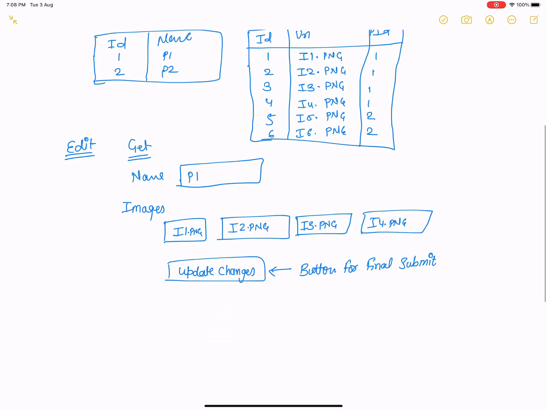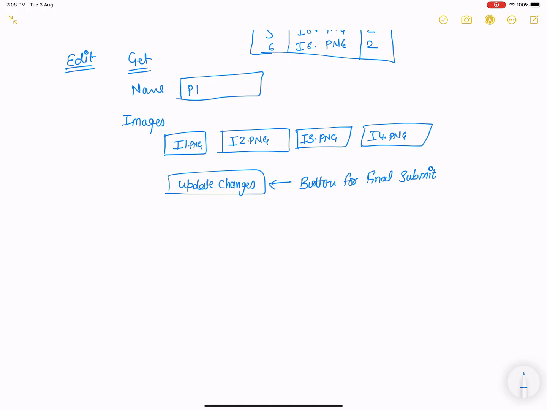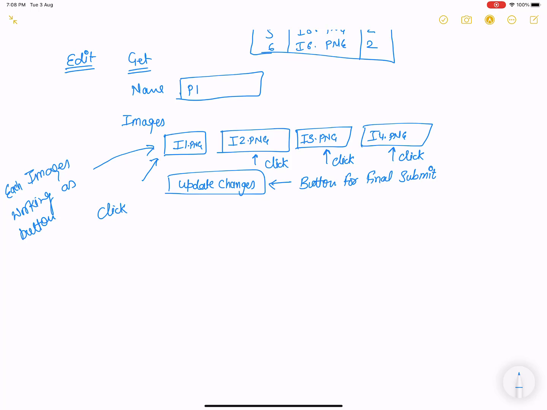So how to edit images i1.png, i2.png, i3.png, i4.png? First of all, you can consider them as four buttons, and each button has a click function. When you click on a single button at a time, each image works as a button.